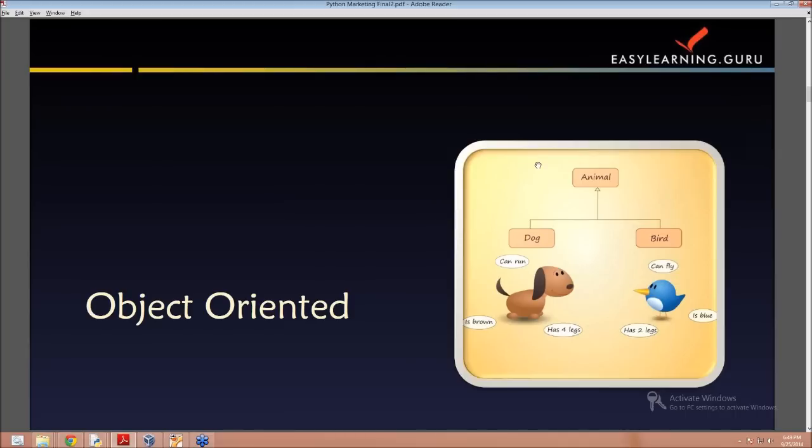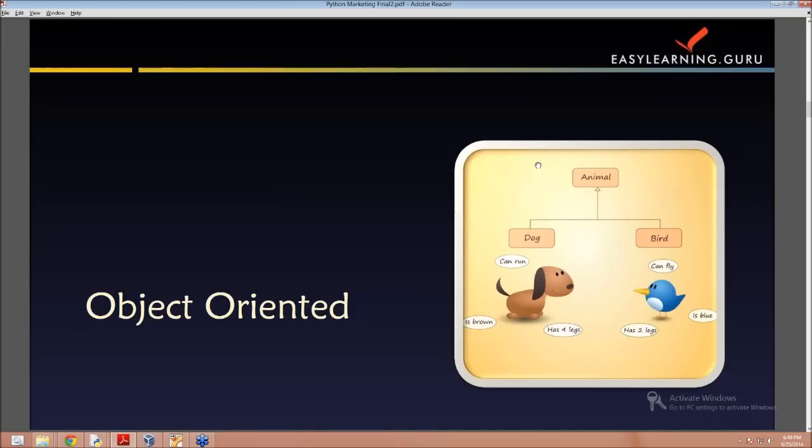For example, see the figure here. Animal is a class that describes the behaviors and states that objects of its type support, and dog and bird are the objects that have those states and behaviors. For example, dog can run, bird can fly, the colors of the two are different. What I mean to say is that here animal defines the characteristics and dog and bird are those that have those characteristics, but the values for the characteristics are different. Okay, now let's see the next gem,